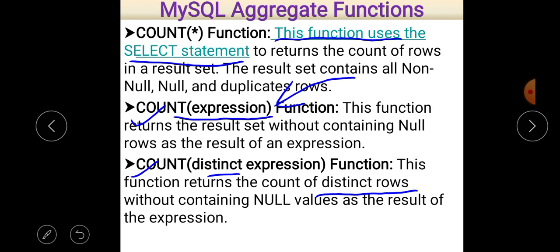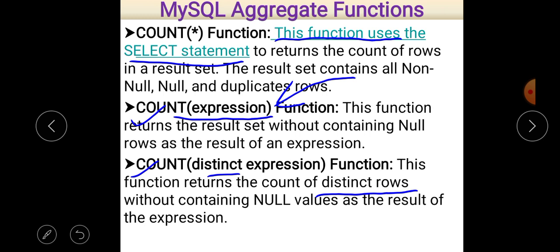Now the difference is very much clear, I think, for all of you. Count star basically counts all rows, whether it may have null values or not, or whether it may be duplicate values. All values are counted in that case. But when we use count expression function, only the expression will be counted, but null expression will not be considered at all.